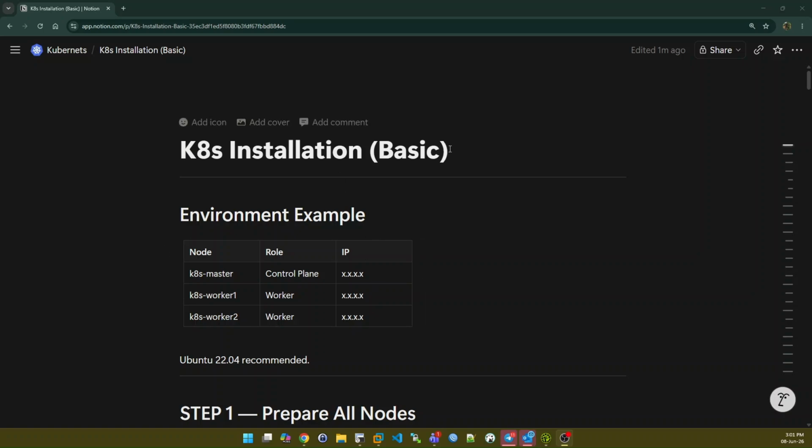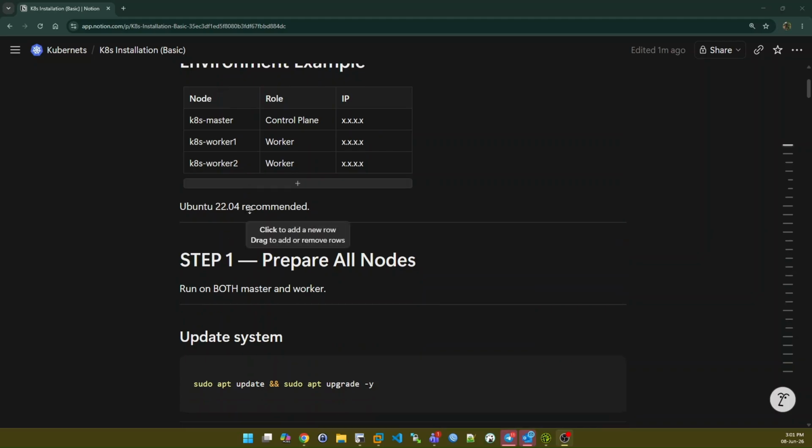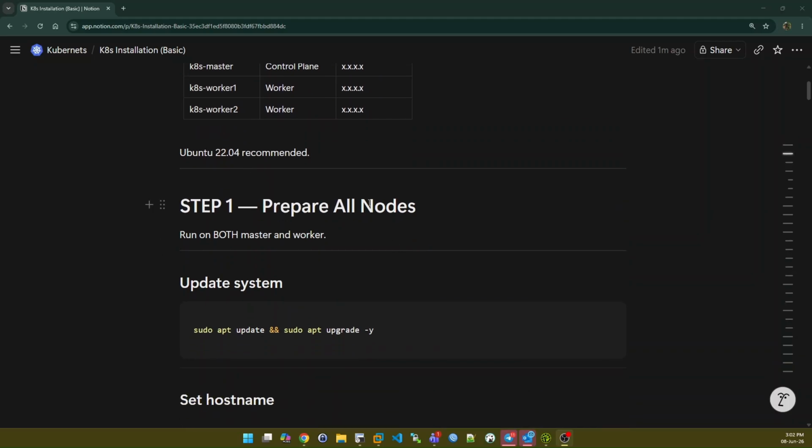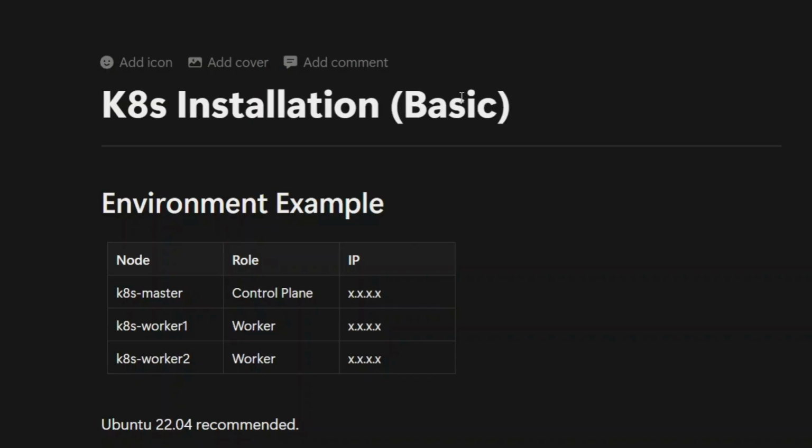Hi everyone. In this guide, we will build a Kubernetes cluster using one control plane node and two worker nodes running Ubuntu 22.04. The environment consists of 3 servers. The first server, named K8s master, acts as the Kubernetes control plane. The second and third servers, named K8s worker 1 and K8s worker 2, act as worker nodes that will run